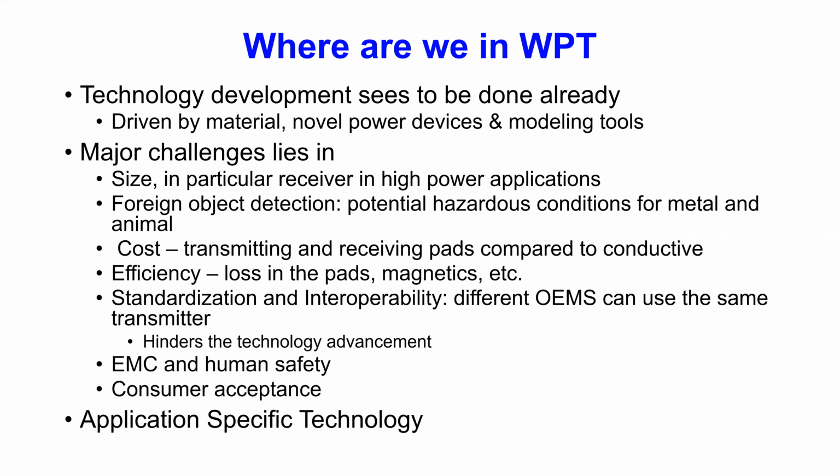And this is driven by materials like litz wire, magnetics, power devices, especially the newer silicon carbide and gallium nitride devices, and also modeling tools that are available for us today to easily develop the transmitting and receiving systems in wireless power transfer. So with that already being so much